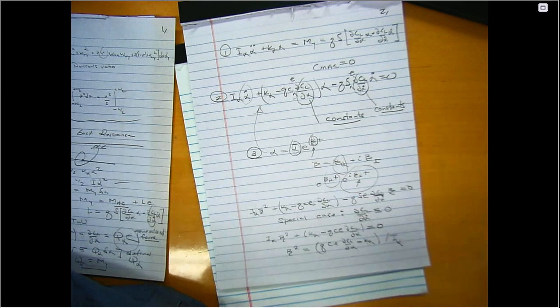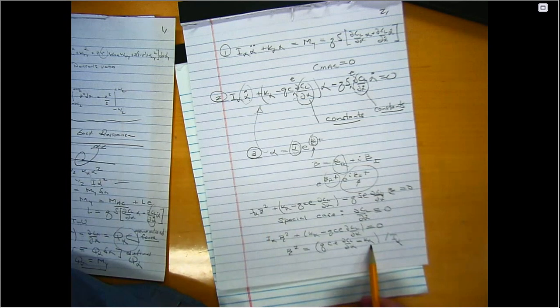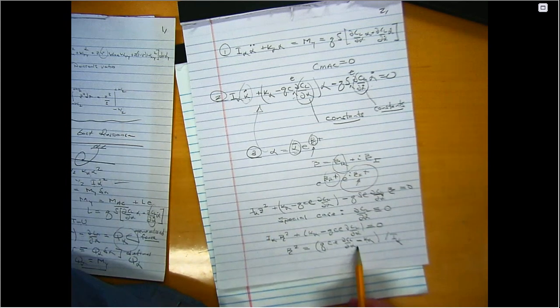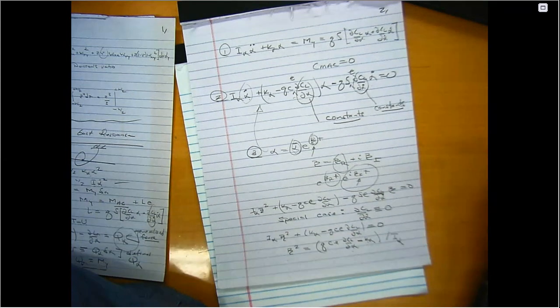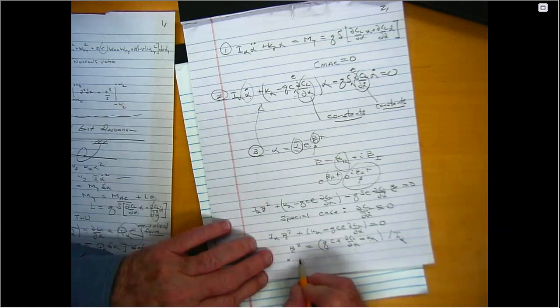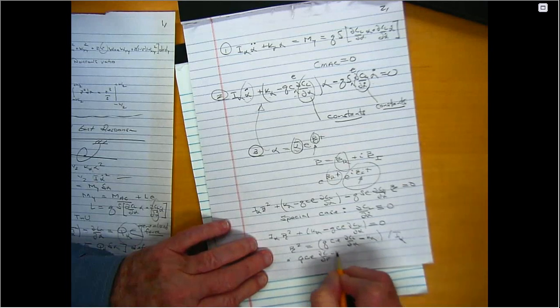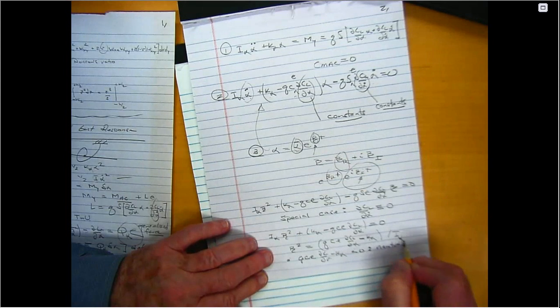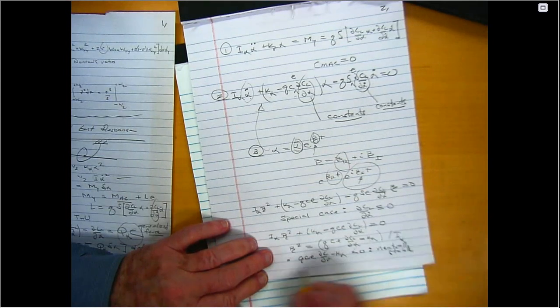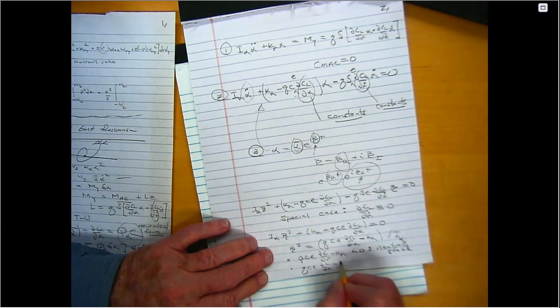On the other hand, if Q gets big enough so that this thing changes sign, so this whole thing is positive, then beta squared is a positive number, and beta itself is plus and minus a positive number. Okay, so let me draw this. If Q C E DCL D alpha minus K alpha is less than 0, that's neutrally stable. That's what we just discussed. On the other hand, if Q C E DCL D alpha minus K alpha is greater than 0,